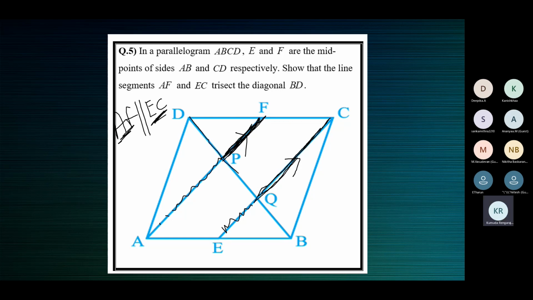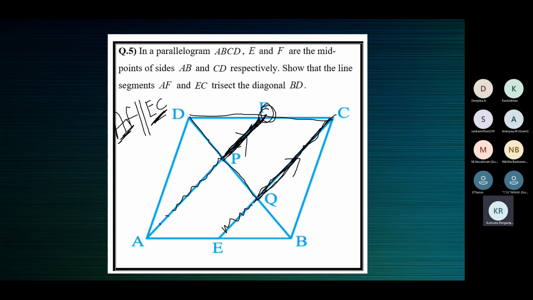In triangle DQC, F is the midpoint, we are using the converse of midpoint theorem. F is the midpoint of CD. In triangle DQC, F is the midpoint of DC, given. Through the midpoint F, we have a line parallel to the second side. Look at only the triangle DQC. F is the midpoint of one side CD. Through F, we have a line parallel to the second side CQ.